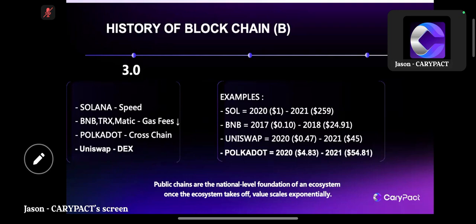So what is cross-chain about? Cross-chain means you can transfer your token, let's say your USDT is in the Ethereum chain, you can transfer it to Tron, okay? Or you can do a cross-chain transfer to even BNB or Matic. So the Polkadot public chain is offering that as a cross-chain. And then we have Uniswap, who are offering the DEX, which is a decentralized exchange. It is not a centralized exchange, so you don't need to do any KYC over there, but they have their own liquidity pool for you to swap whatever token you want.